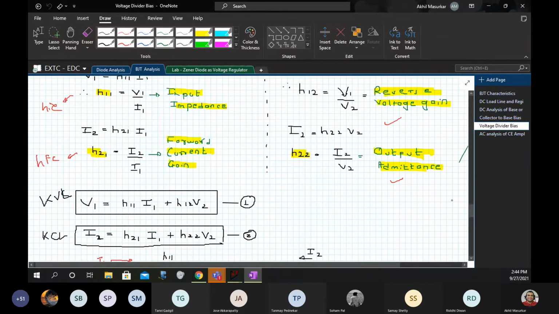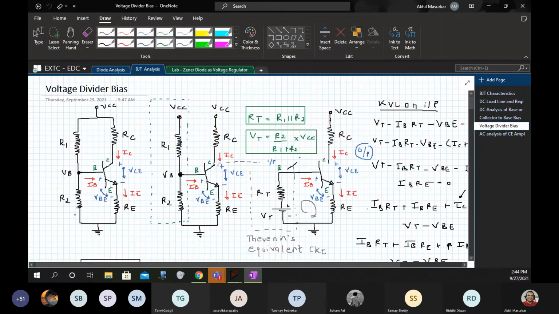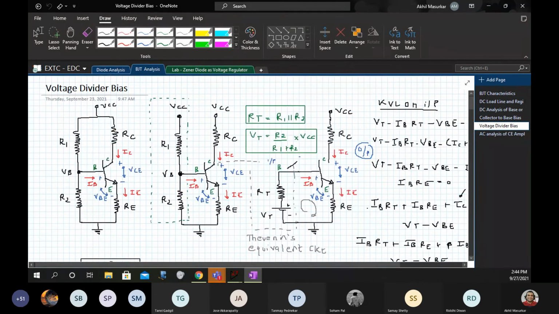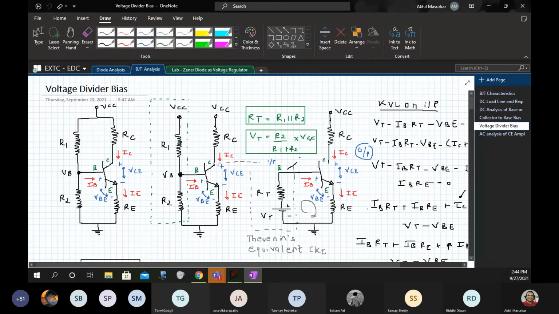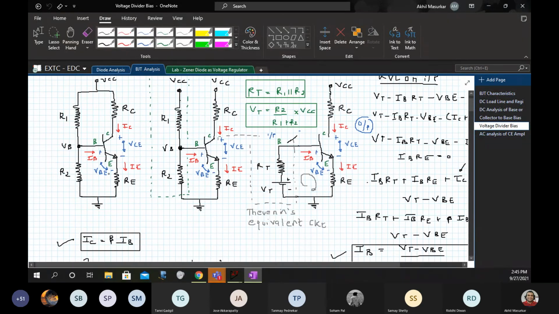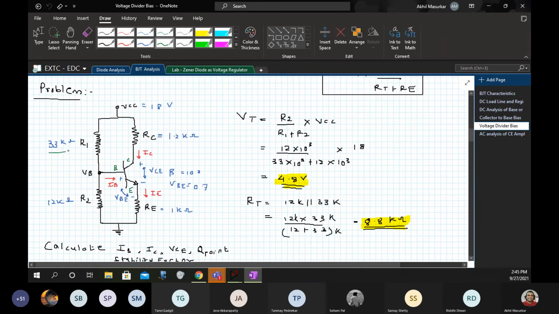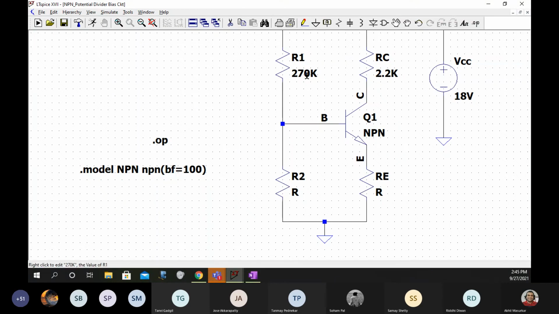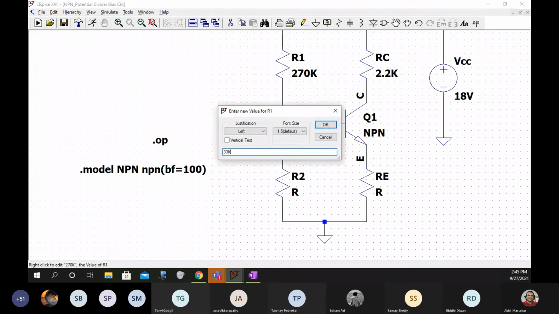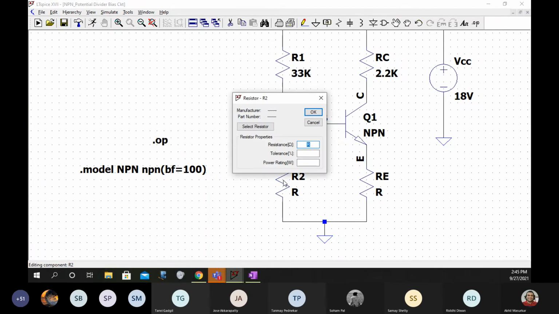So here we have the model. So what were the values? I think they are here. So this is 33K, 12K, 1.2K and 1K. So this is 33K. This is 12K.